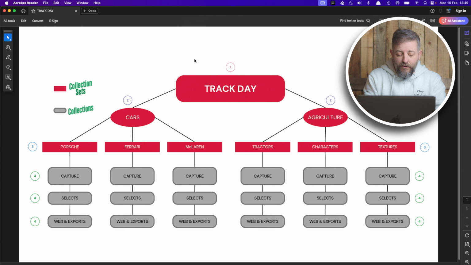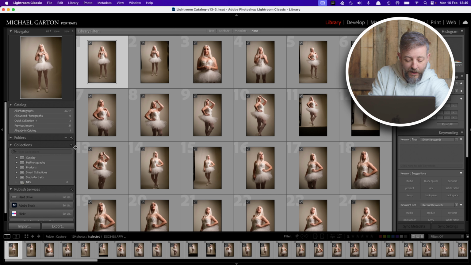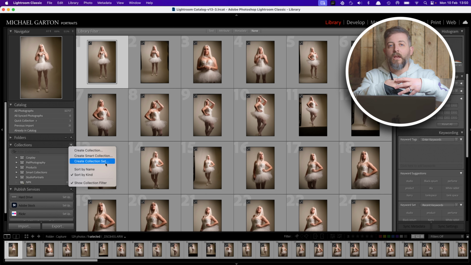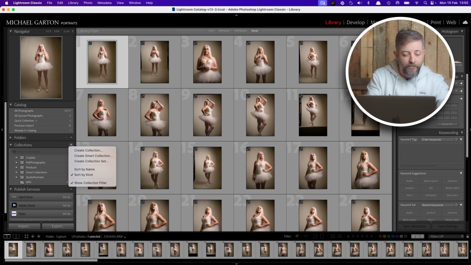Here we have collection sets and collections. So we hop back into Lightroom. In your collections over here, if you click on the little plus, you have create collections and create collection sets. Now, collection sets are the overall folder that your collections and your images will live within. And by that, what I mean